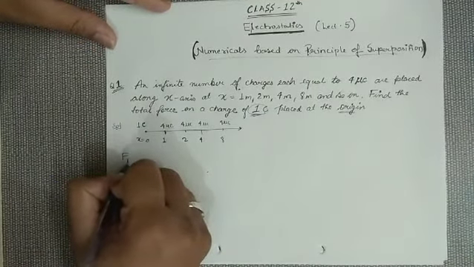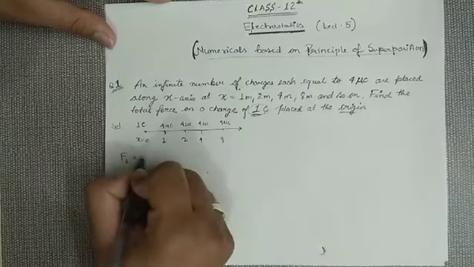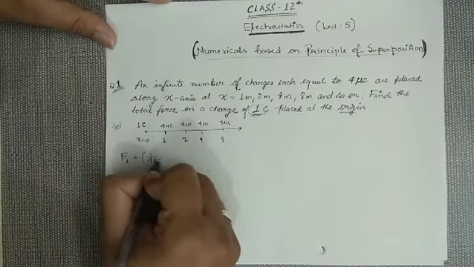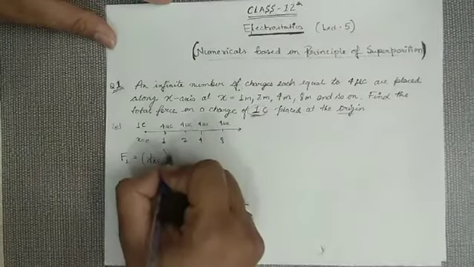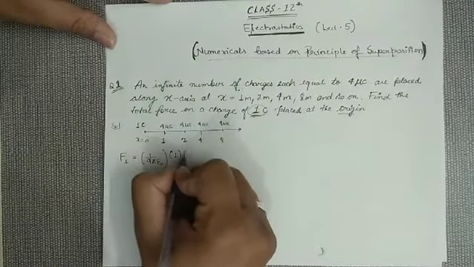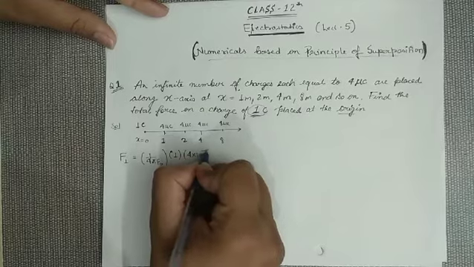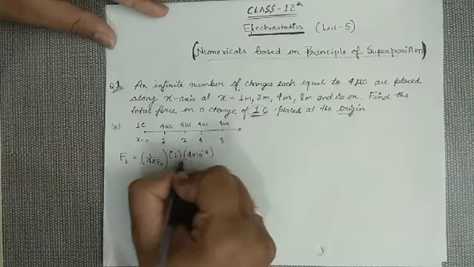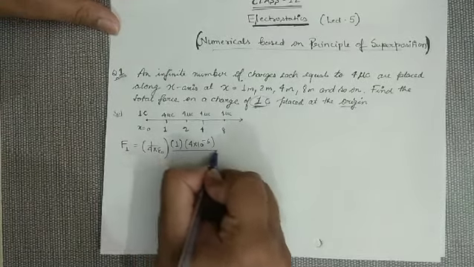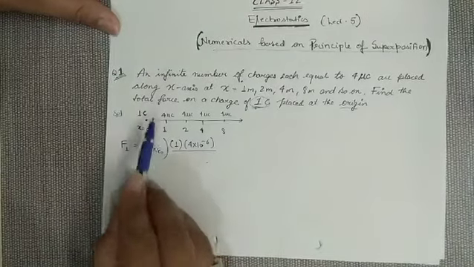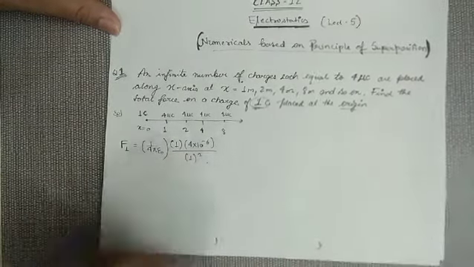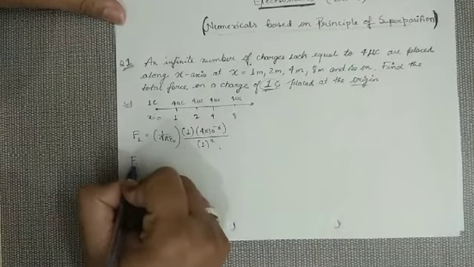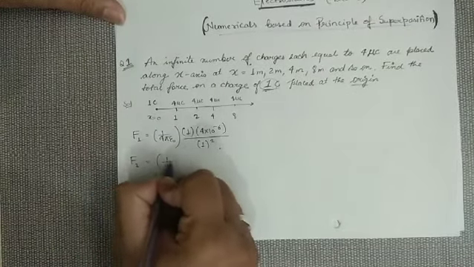Force applied by the first charge, that is 1 upon 4 pi epsilon naught. According to Coulomb's law, force is k times the first charge, which is your 1 coulomb, second it is 4 microcoulomb. So I use here 4 into 10 to the power minus 6, 4 microcoulomb, upon the square of the distance. What will be the distance between them? It is 1. So the square of the distance. This is your F1. Similarly, your F2 will be,